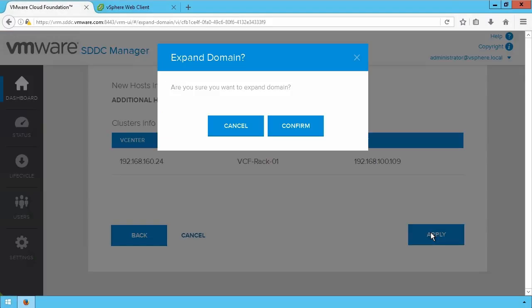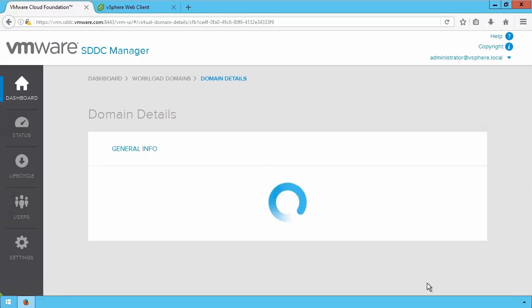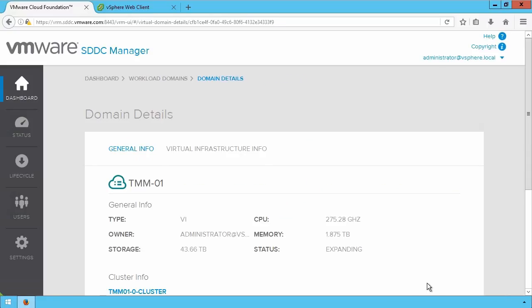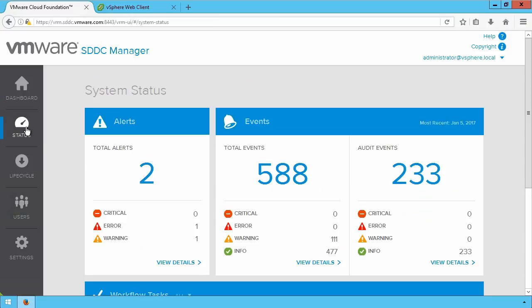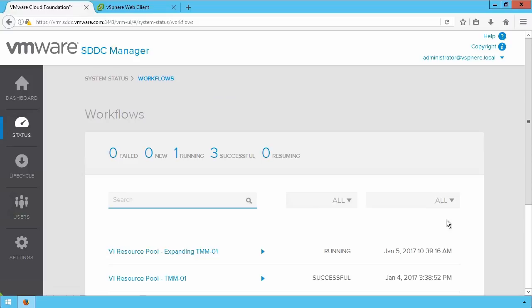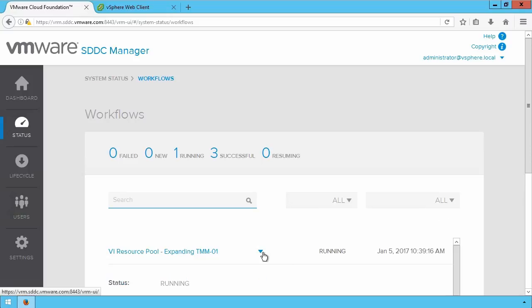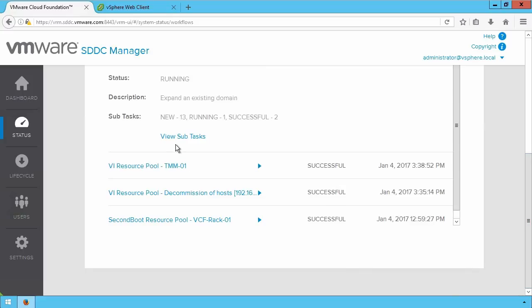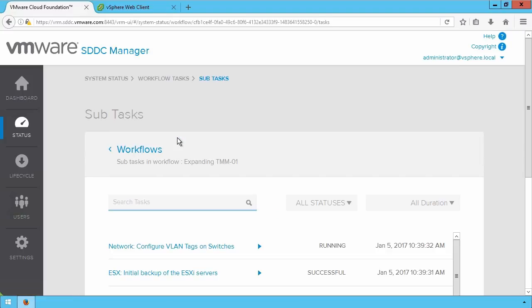Click Apply to initiate the workflow, and then click Confirm. To monitor the progress of the expansion workflow, we go to the Status view. Scroll down to the Workflow tasks and click View Details, where we can see our active workflow. On expanding the workflow, we can see the subtasks that are being executed to expand this workload domain by adding